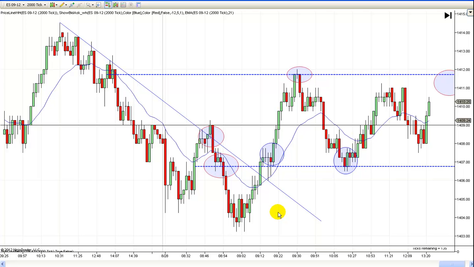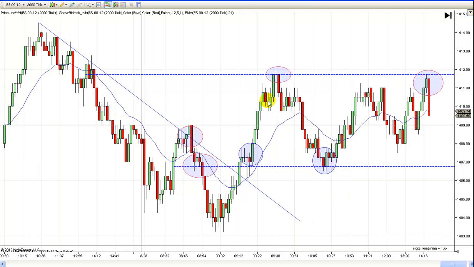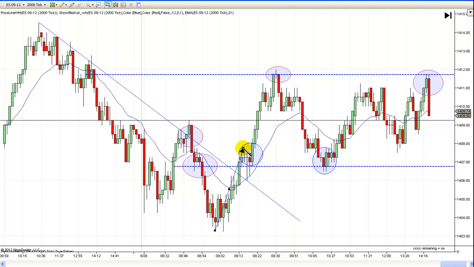I got a reply from a guy who I believe was trying to short this right here, and you see we got two legs. There's leg one, and then there's leg two, and you really got a couple of measured legs by the time you get to right here. But this guy was trying to short this right here, and there's really not a good setup yet. This is a bearish bar, but